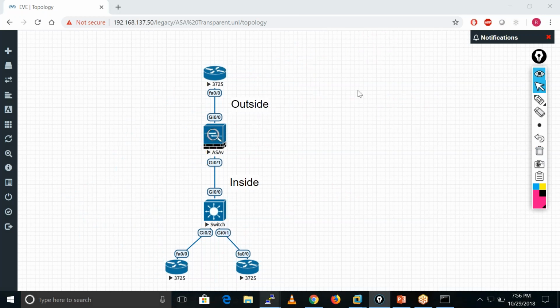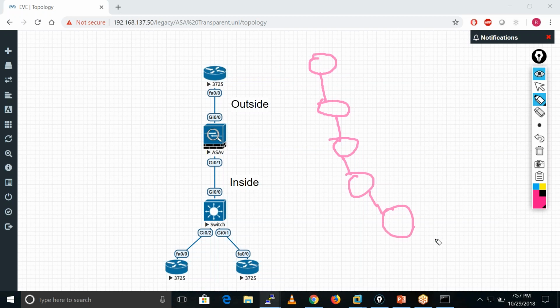Let's suppose we have one router here, one router here, one router here, one router here, one router here, one router here, and this is your system.